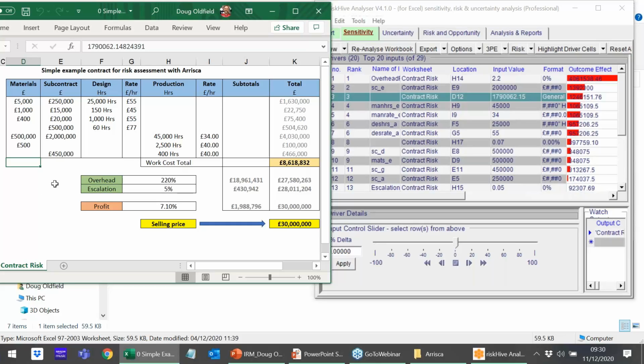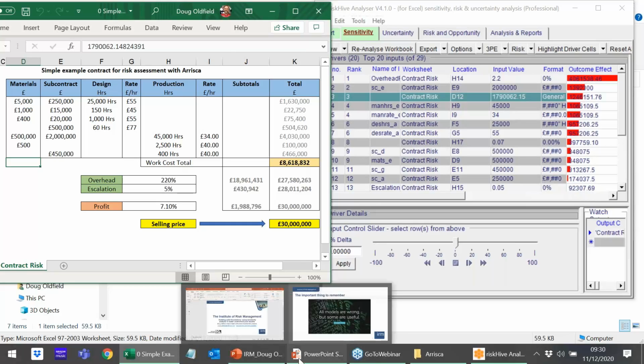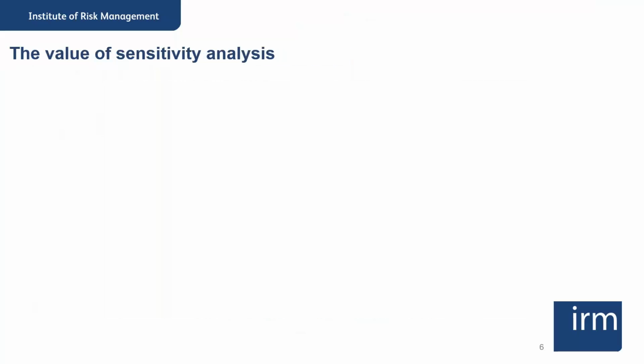And we do a lot of auditing work. RiskHive does a lot of auditing work and consulting work, and we often see this type of thing in submitted contracts or bids, and they can often be used to just tidy up the workbook, or to hide the things that make it work, or even fudge factors, which is something that we see quite often in government spreadsheets. We find stuff like this in maybe 10 to 20% of models. It's just stuff that you really wouldn't be aware of otherwise without running some kind of tool like this. Actually, if I just pop back into PowerPoint for a moment,